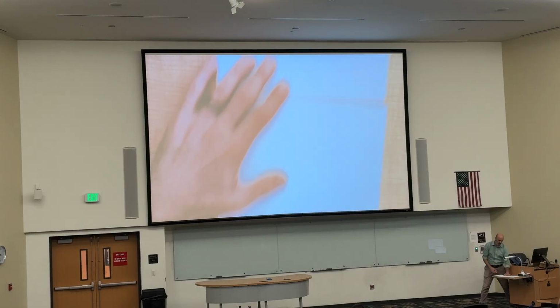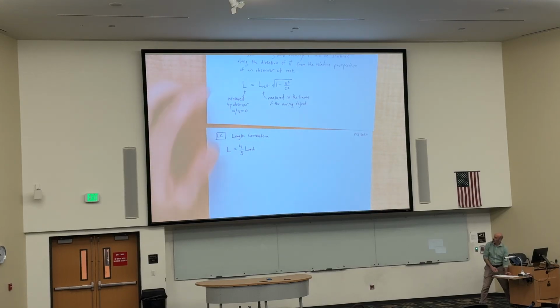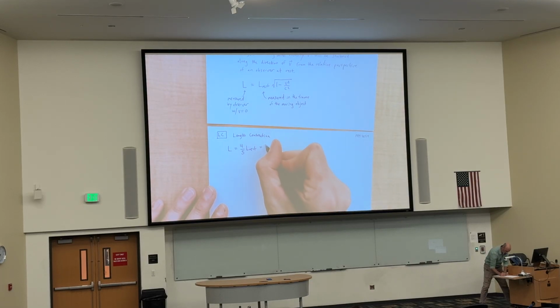And then we can use this equation to figure out what that speed must be. This is the length, L rest times the square root of 1 minus v squared over c squared. Well, L rest cancels, and so then I have 4/5 is equal to the square root of 1 minus v squared over c squared. I can square both sides and get